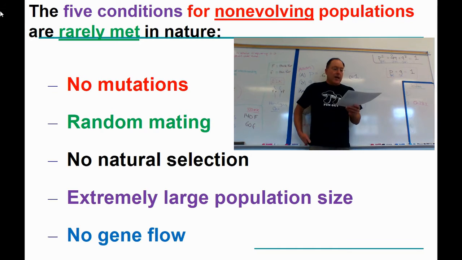I'm almost done. In real life, these conditions are rarely, if ever, met, and allele frequencies in the gene pool of a population do change from one generation to the next. Therefore, evolution has occurred. The significance of the Hardy-Weinberg principle is that it tells us what factors cause evolution, those that violate the conditions listed. Evolution can be detected by noting any deviation from a Hardy-Weinberg equilibrium of allele frequencies in the gene pool of a population.